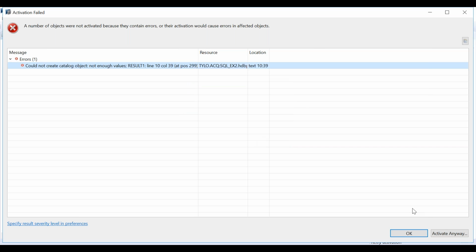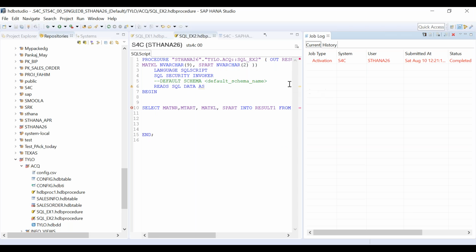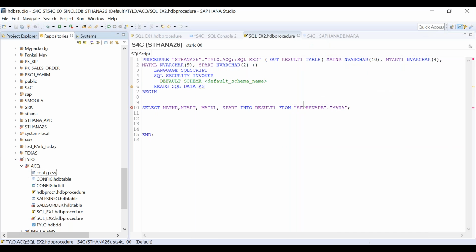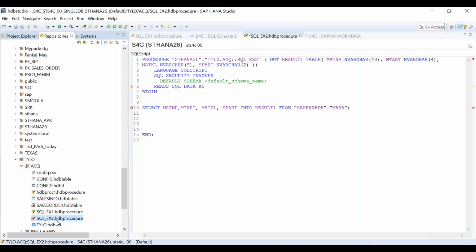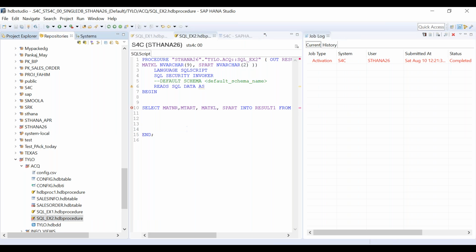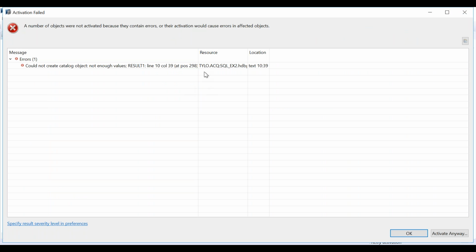It is not saying anything exactly, but the problem is that it should be the same one, right? So this mtart has to be mtart, not the other name. Now let's go to right click and execute, activate. Oh, something else is again coming. One minute, let me see.